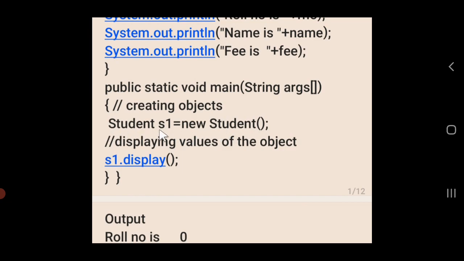Here you can see Student is the name of the class, s1 is the name of the object, equal to new Student. This is the constructor. Please notice this. And this constructor is responsible for initialization of these data members. Alright, students. And right from day one, when you start creating the object, you are actually using the constructor. So you are not actually completely new to it. You are already using it. But we are going to discuss it in detail.